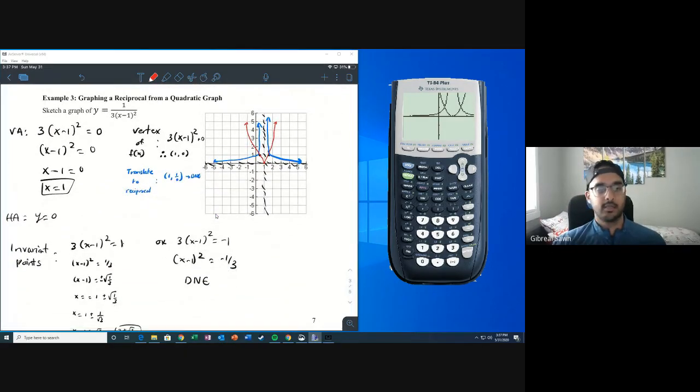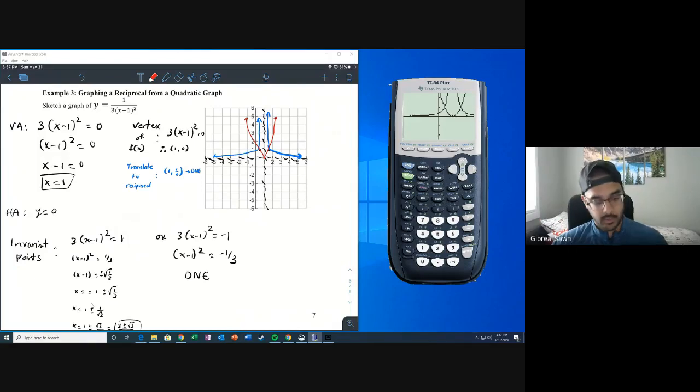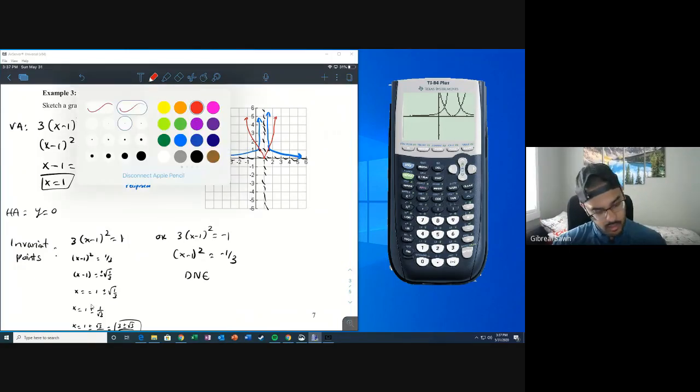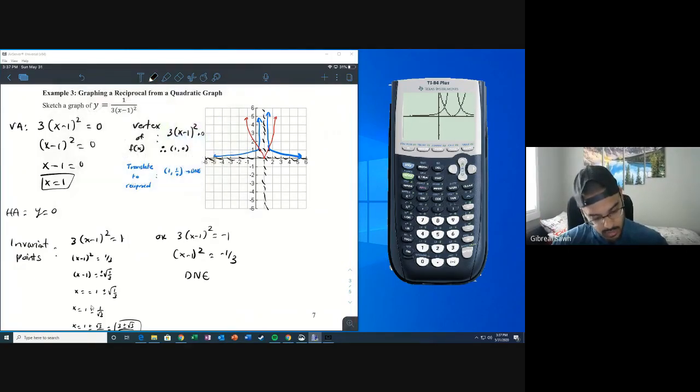Okay. So yes, it does work, and it works the same way in all of them. As long as we can find some aspects of the original, the important things. I spelled invariant wrong, or did I? No, I didn't. It just looks like the N is missing. As long as you find those critical points, the important things, plot them all, then visualize what the shape of that graph is going to look like. So